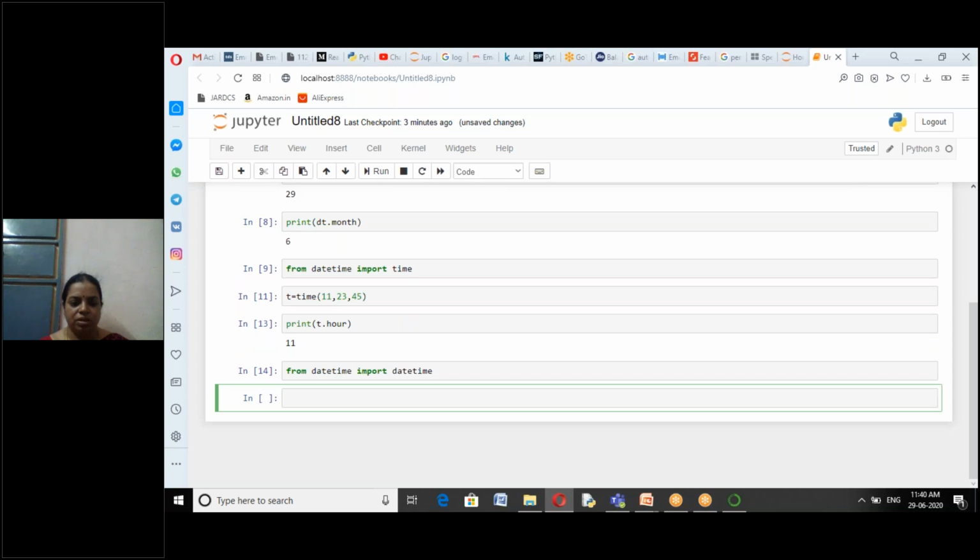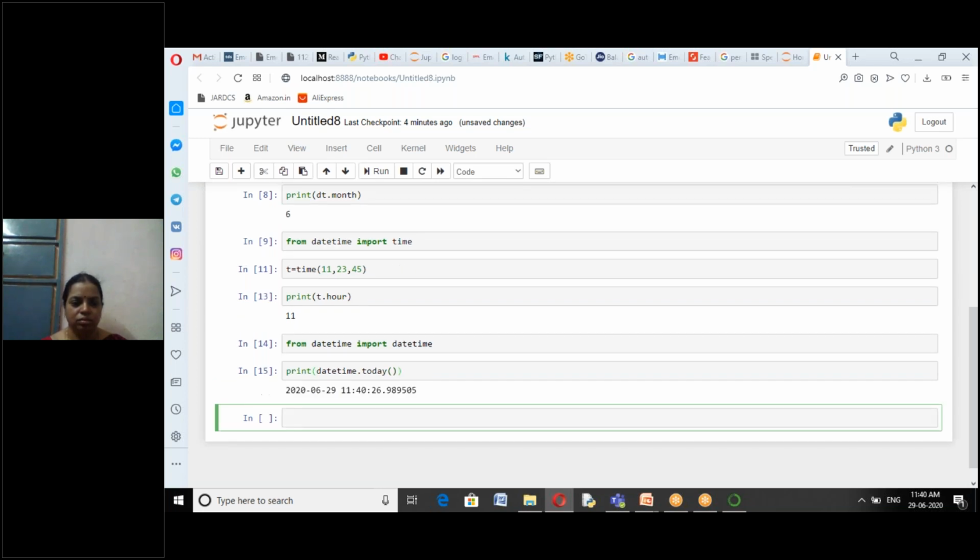Now we'll try to retrieve today's date and time. Print datetime dot today. Today's date and time. From this you can get the date and time individually.